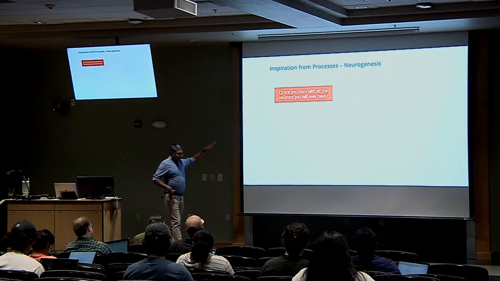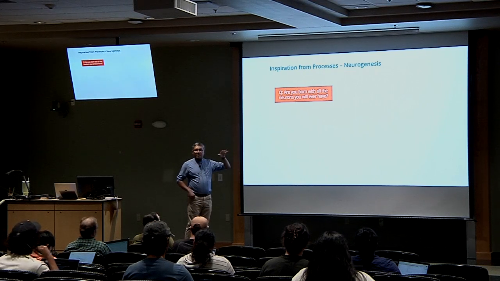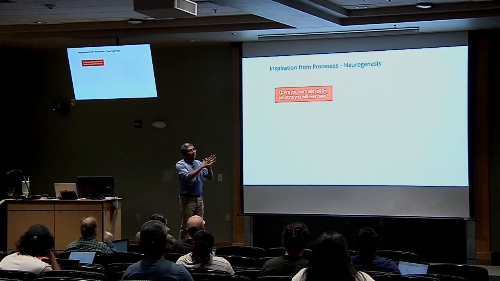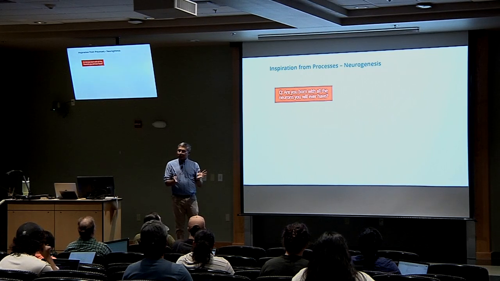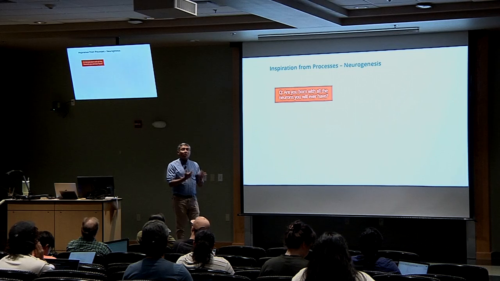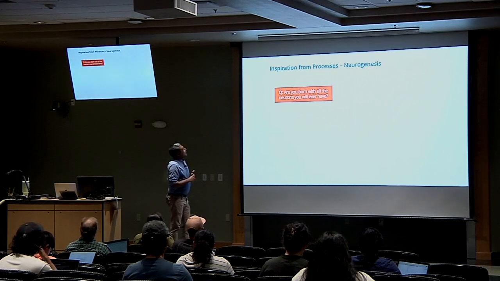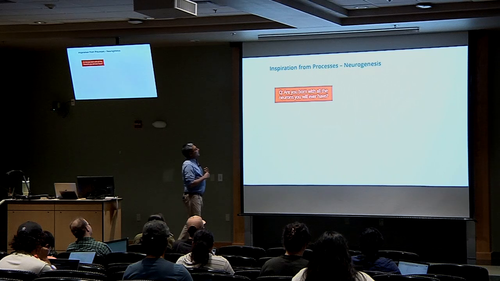What I'm going to do next is talk through a few different levels of inspiration and give you examples to motivate it. I'll either state what feature I'm going to look to and try to draw an algorithm from it, or I might actually give you a problem that we're trying to solve and see how biology can solve it, and we go back and forth. So the first thing I'm going to do is think about this question.